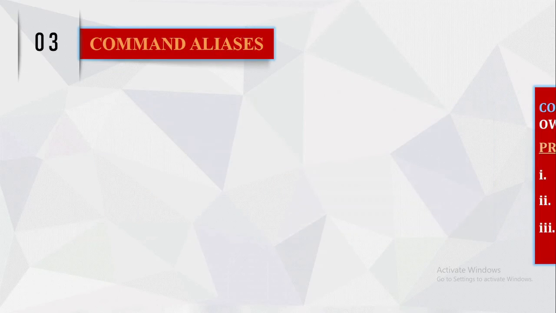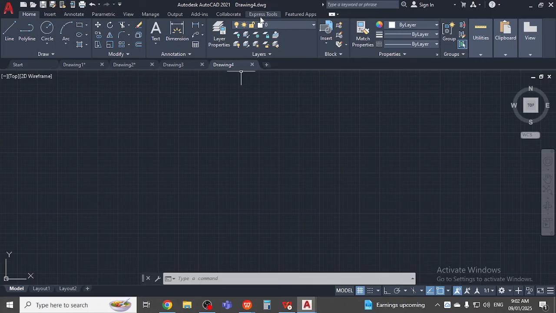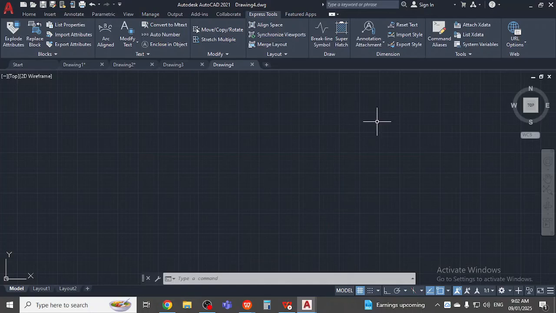Next we are going to see what a command alias is. The definition: a command alias in AutoCAD software is used to create a shortcut key for commands. Now we can see the procedure to create a command alias. Open the Express Tools tab in AutoCAD software. Select Express Tools, then in Tools choose Command Alias. Okay, this is Tools, press Command Alias,